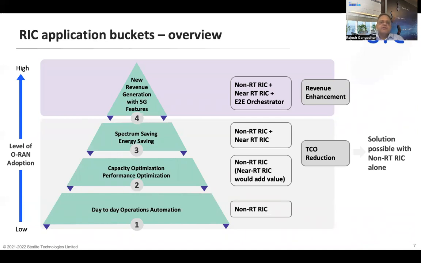Moving on to the RIC portfolio. The RIC, as I said earlier, we believe is an integral component of the open architecture. And we believe we're a leader in this space. We've contributed to an architectural change in the ORAN forum, which is basically decoupling the RIC elements from the SMO, the service management and orchestration function,